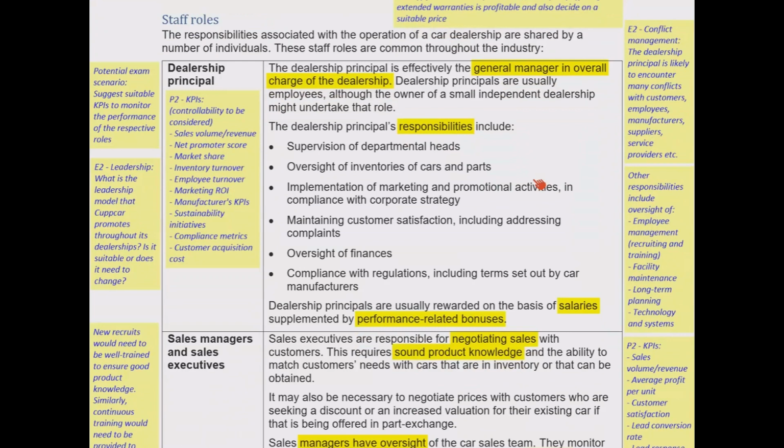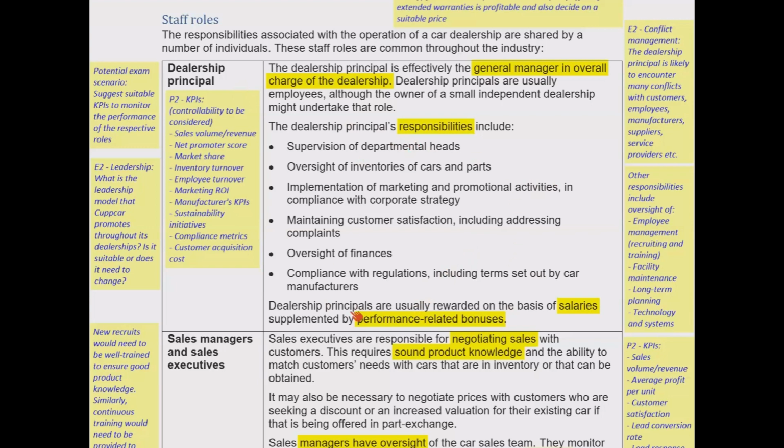This is going to be important for us to understand so that when we look at the same for Cuppcar itself, we can understand how Cuppcar operates, how it's different, perhaps in some areas, and also the kind of thinking that we should have about what responsibilities might be for these different people, about how they might be managed, so performance management, thinking about appraisals, perhaps, thinking about their targets and their personal objectives and KPIs